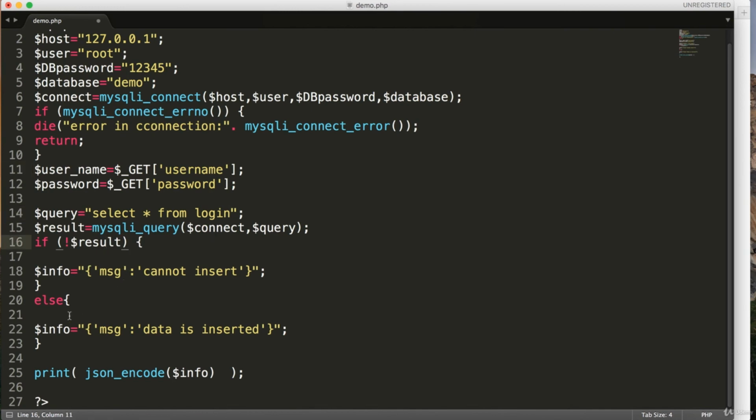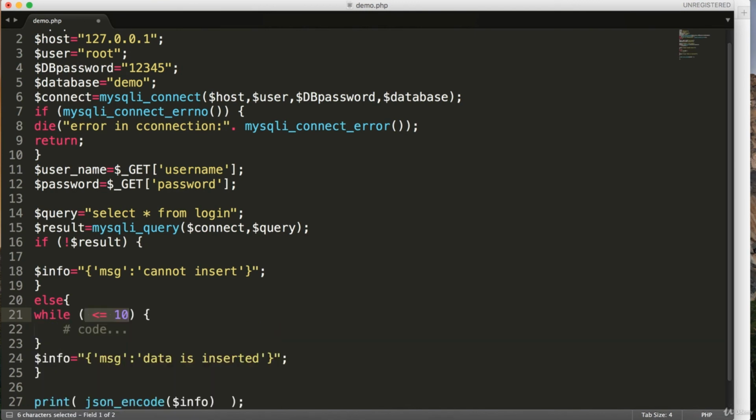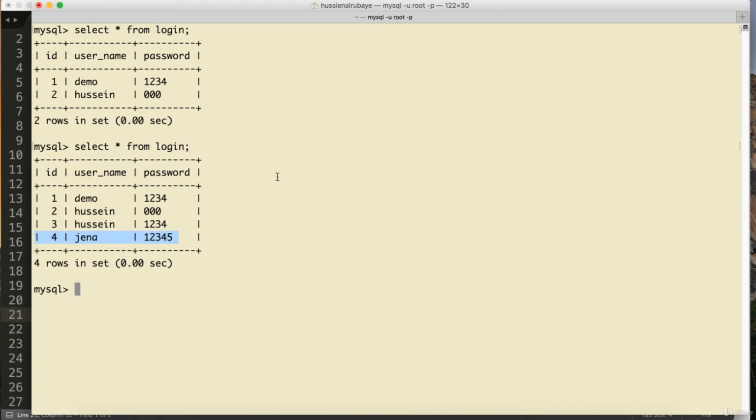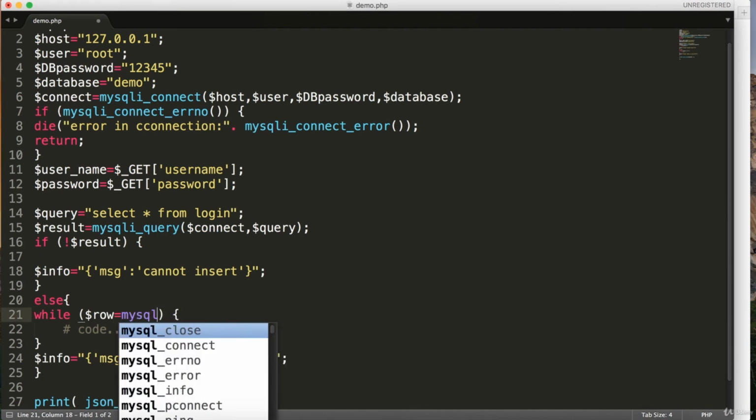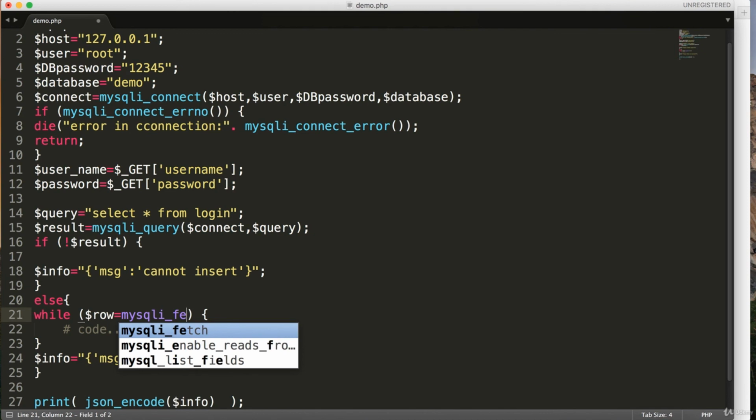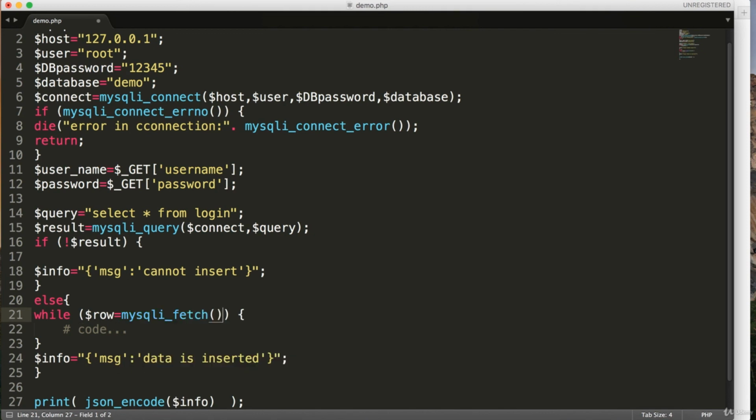If it fails, you will show the fail message. But if it did not fail, if it succeeds, you say okay, I will create a while loop. If there is a row, I will take every row, because the data, if you see this table, is stored as rows, so I want to get them row by row. If there is a row available already, I will say fetch. I say mysqli fetch